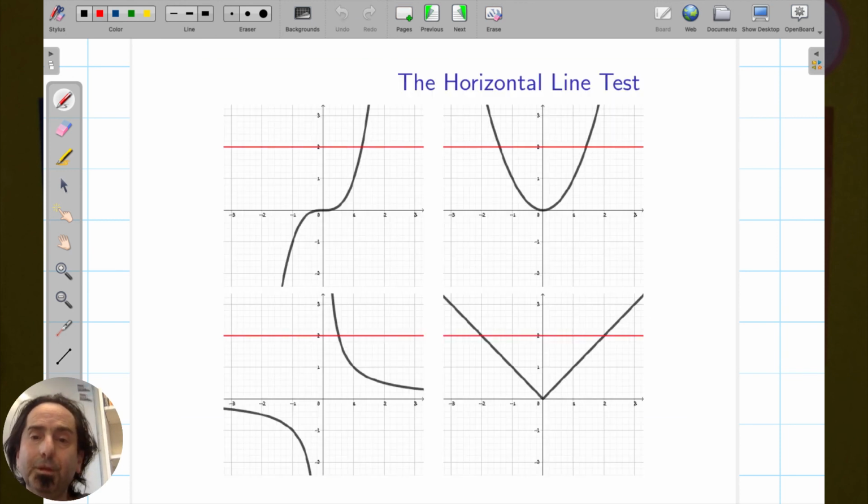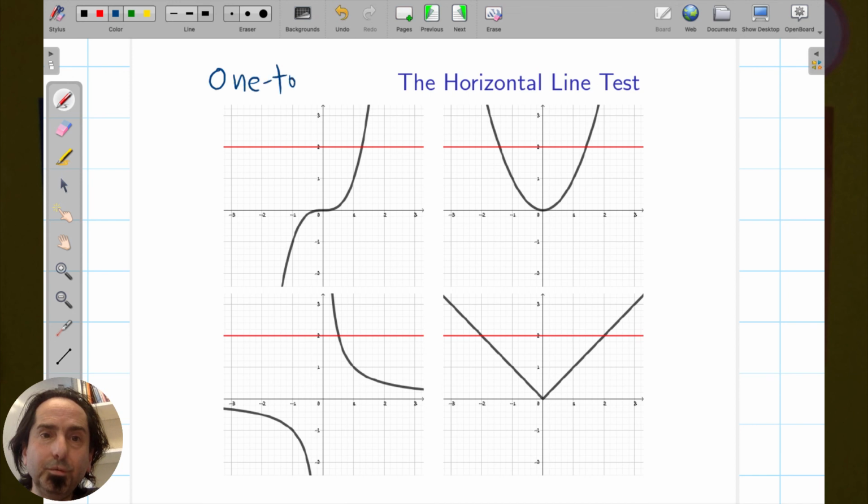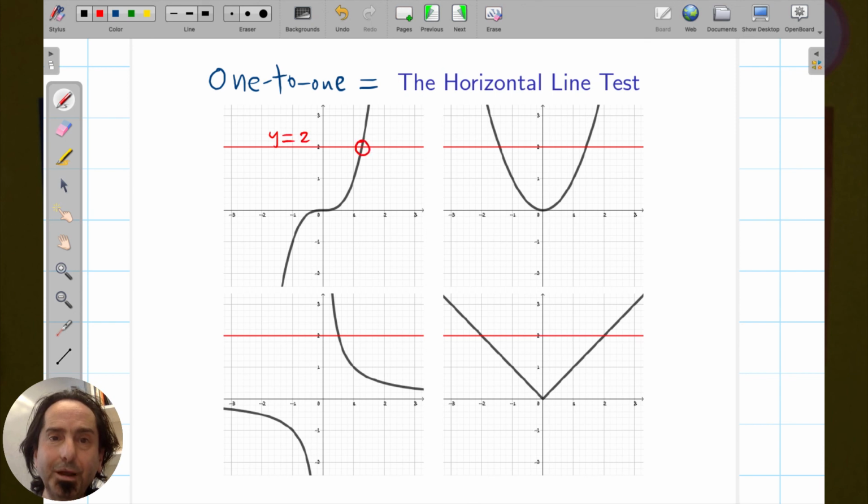So one-to-one is also sometimes summed up with a horizontal line test. Every possible output, like here's the output of 2, y equals 2, this graph is good. There's only one input that gives that output right there. So this passes the horizontal line test, but y equals x squared,